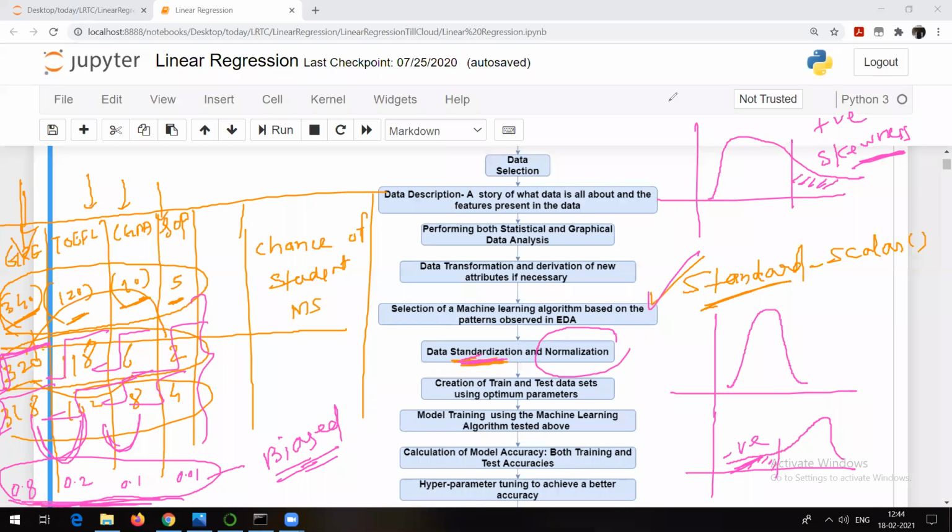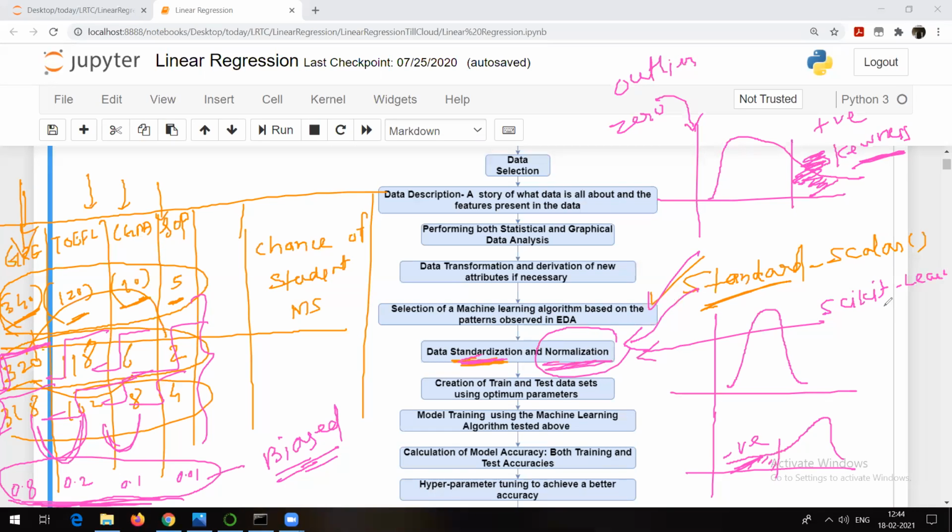So what is the reason for getting skewness in the data? It can be because of outlier values, or it can be because of zero values. So we need to remove the values which are responsible for skewness. How to do that, we are going to talk about in the implementation itself. Here we are going to use methods like standard scaler. Basically, we are going to make use of a package called